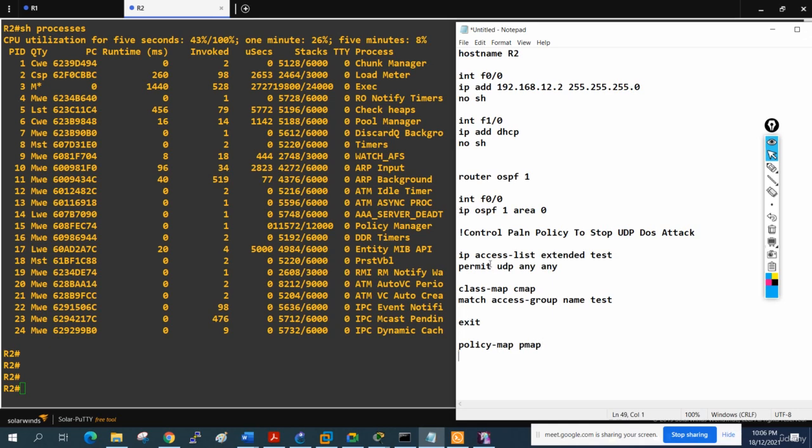Here for the class map we are giving the C map. Here for the policy map I am giving the P map. Class map I am writing C map. This name you can give any name. Okay, and then in the policy map I will call the class map. So I will write class and whatever the name of the class map. So I call the class map in the policy map,